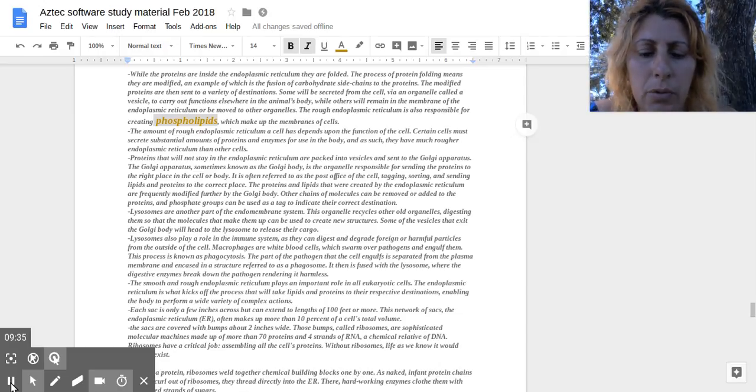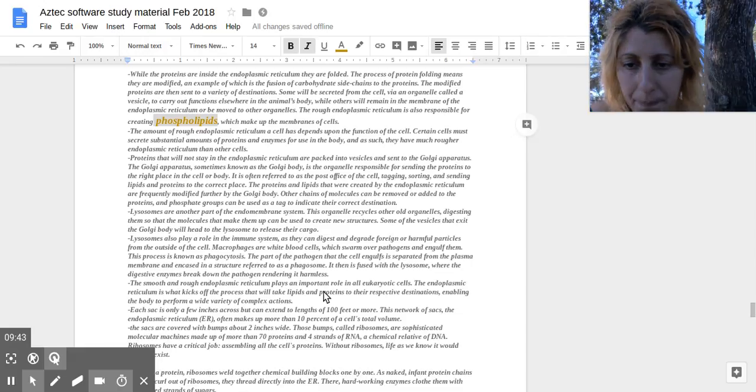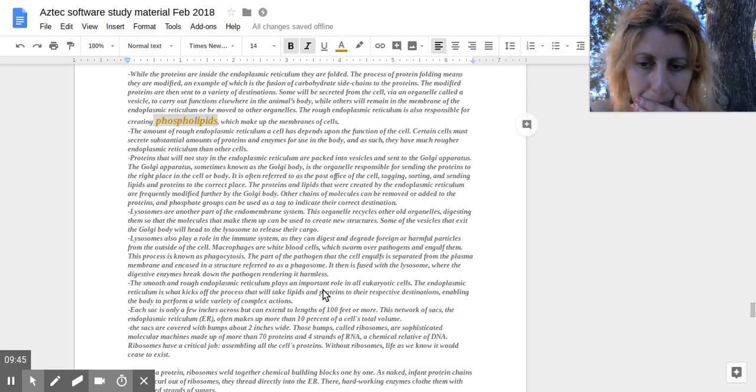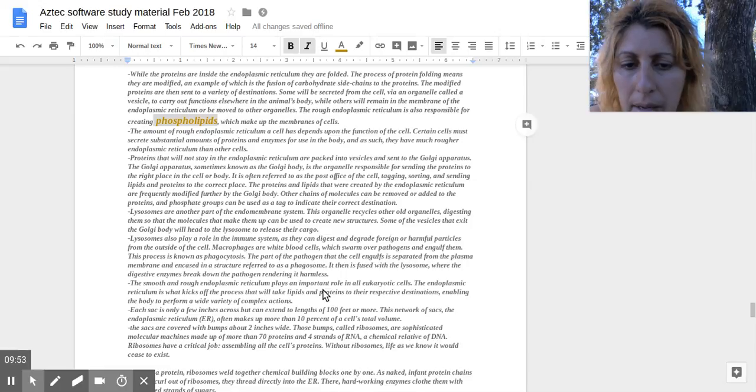It is then fused with the lysosome, where the digestive enzymes break down the pathogen, rendering it harmless. So the smooth and rough ER play important roles in eukaryotic cells. The ER is what kicks off the process